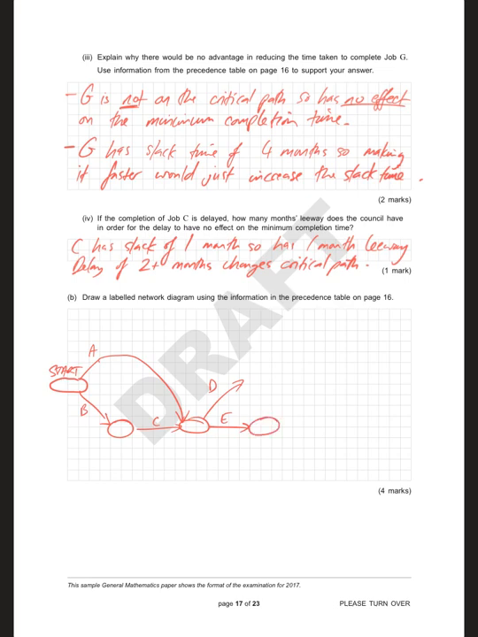F requires E. G requires E. H requires D and F. I requires D and F. J requires G and H. So that's not good because they would have to cross over, so I'm going to